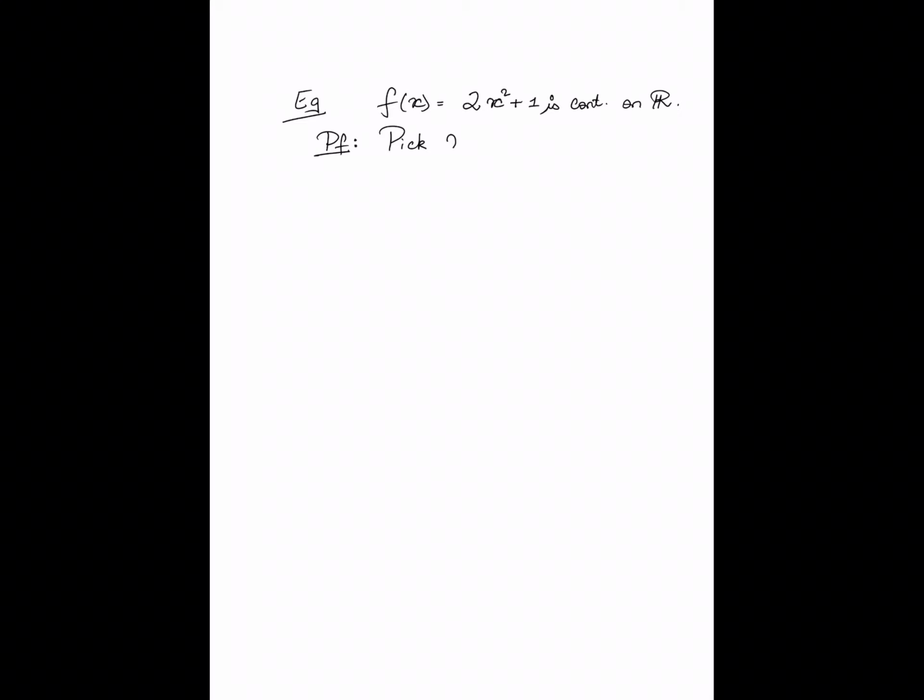So pick any x naught in R. For any sequence xn such that xn converges to x naught, we know from our earlier machinery that the sequence 2xn squared plus 1 will also converge to 2x naught squared plus 1, right? In other words, f of xn in fact converges to f of x naught, which implies that f is